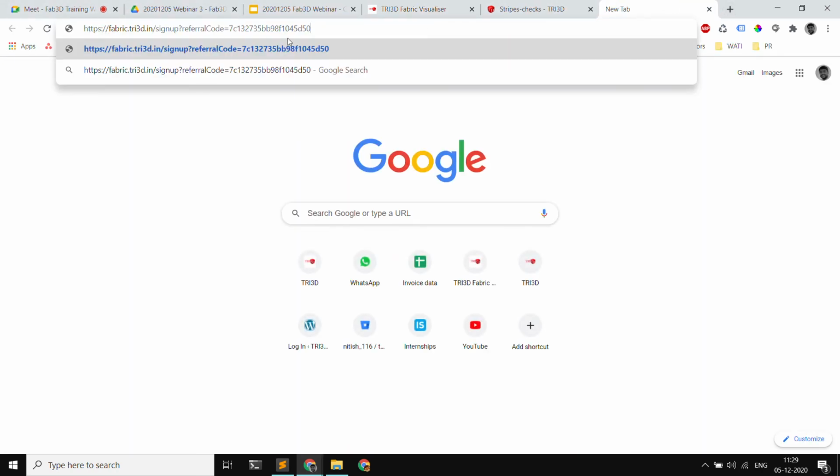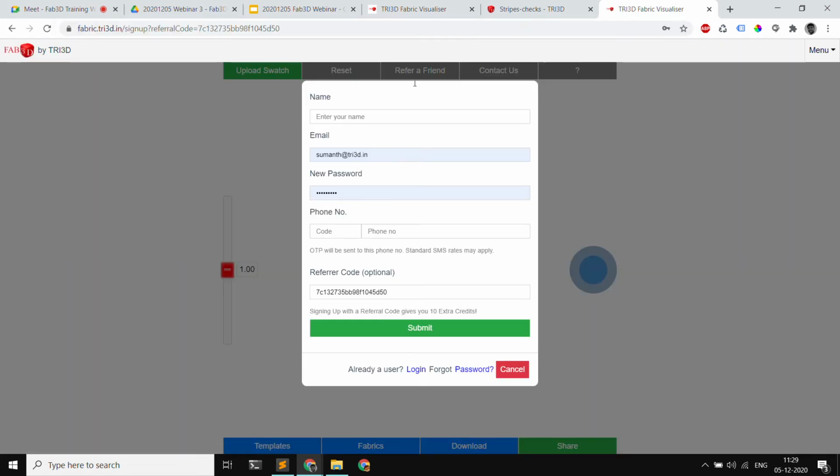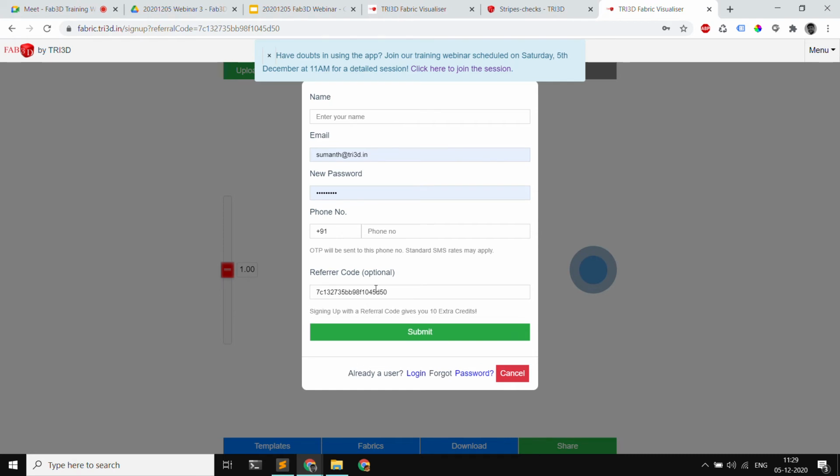When I share it with somebody over WhatsApp and they click on the link, they directly come to our sign up page with your referral code added. When we add this referral code, you and the person you have referred would get an extra 10 credits.